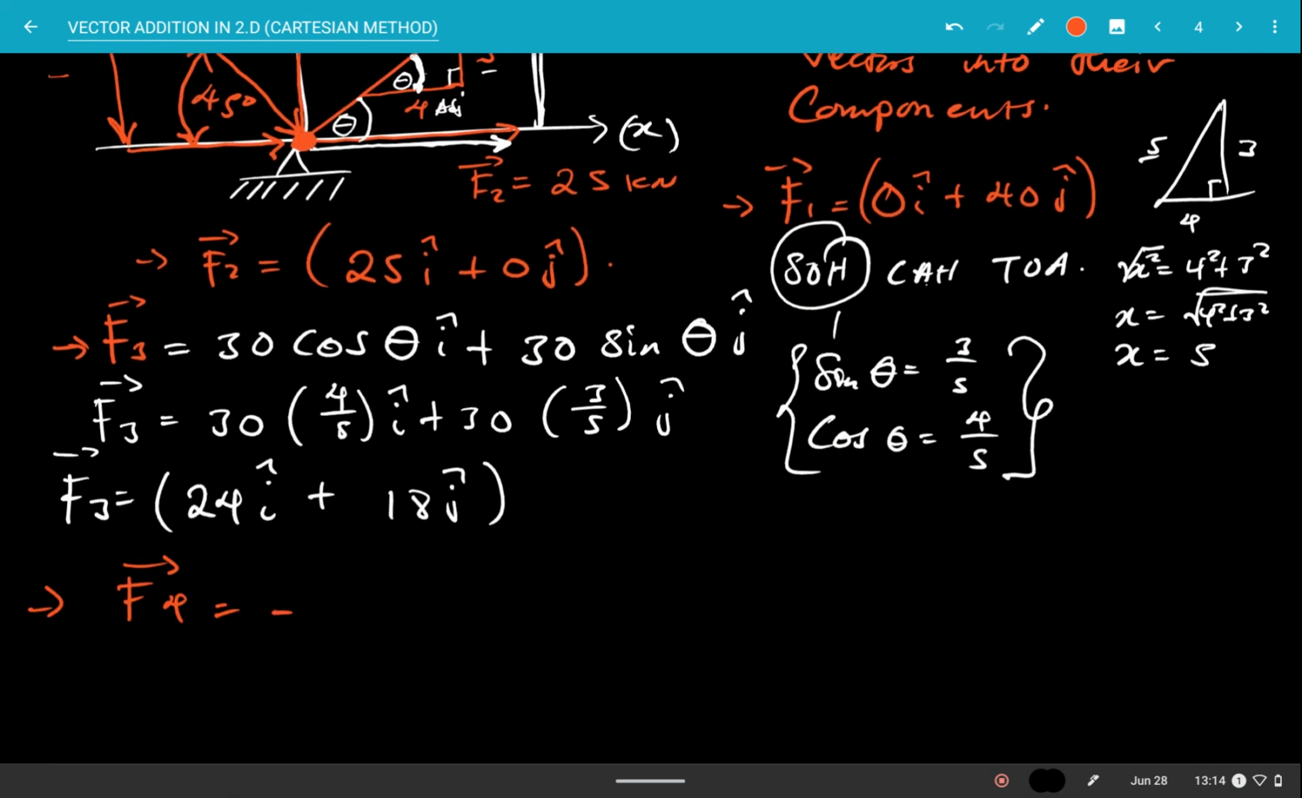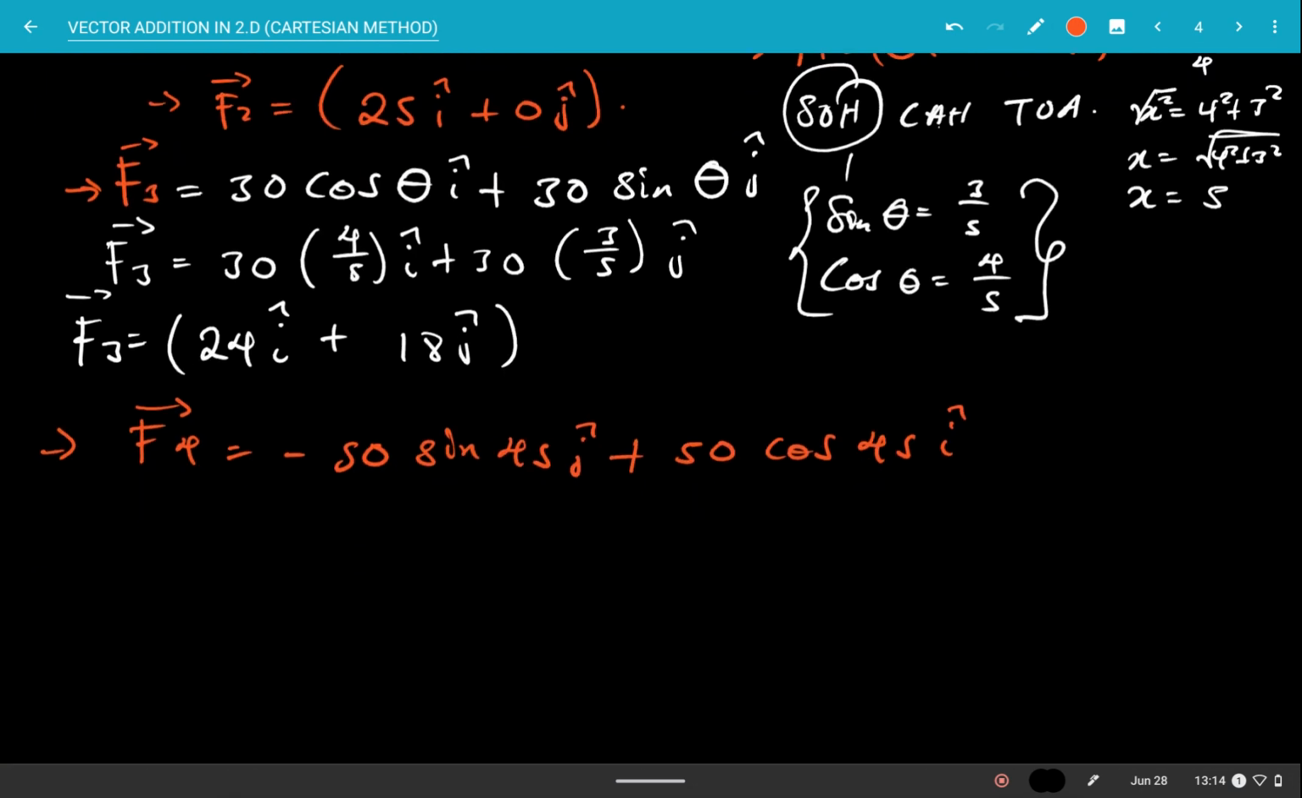So it's going to be minus 50 since you're moving negative in the, remember, negative in the j. So minus 50, remember the angle is pointing this side, so you expect to have sine here. So you're going to have minus 50 sine 45, that's in the j. Then you have positive in this direction there. Then you have plus 50 cos 45 in the what? In the I. Then after that, you can just compute this,